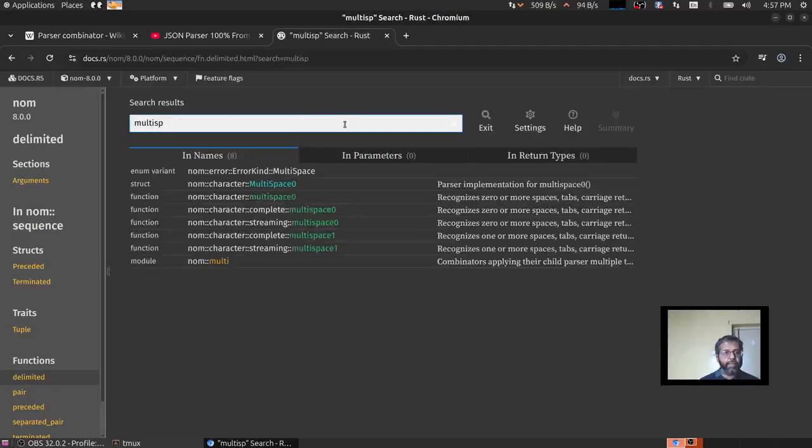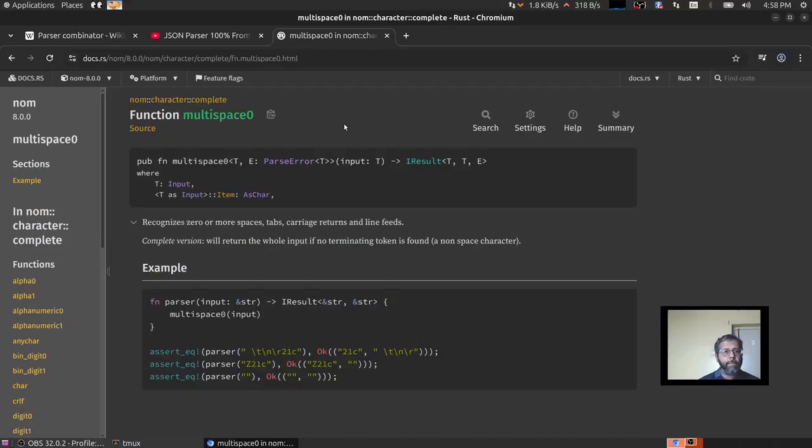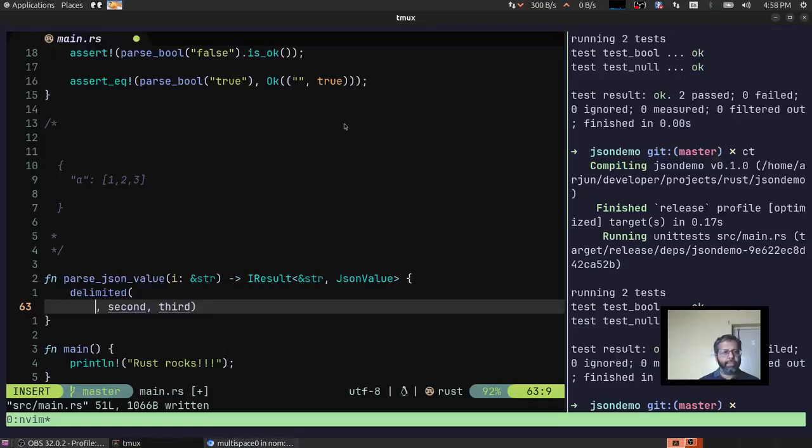We have multi-space, multiple spaces. This is the one we want. Okay, nom character complete multi-space. There are too many multi-spaces, and the NeoVim assistance is going to show me a bunch of them, and I'm going to get confused. So let me just